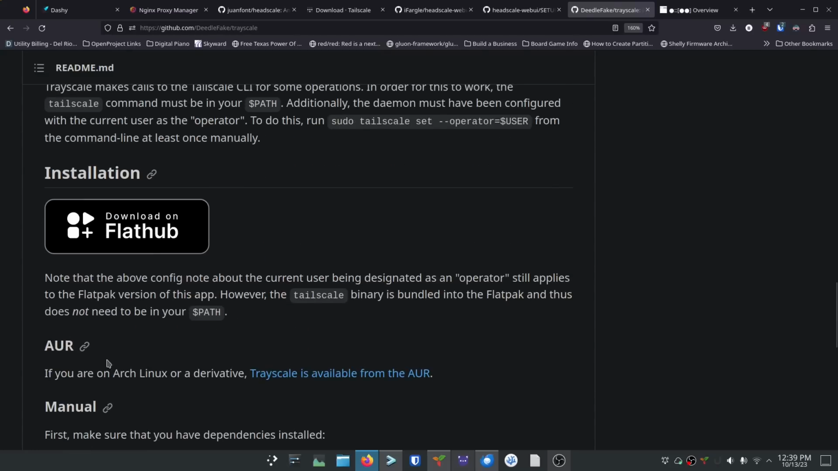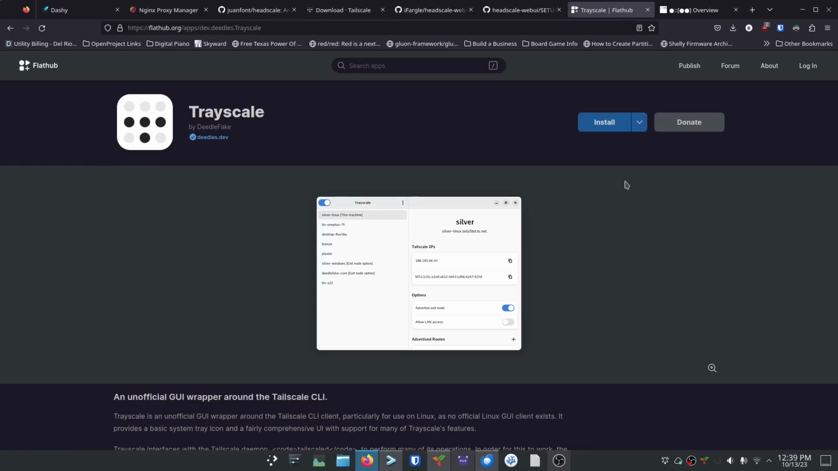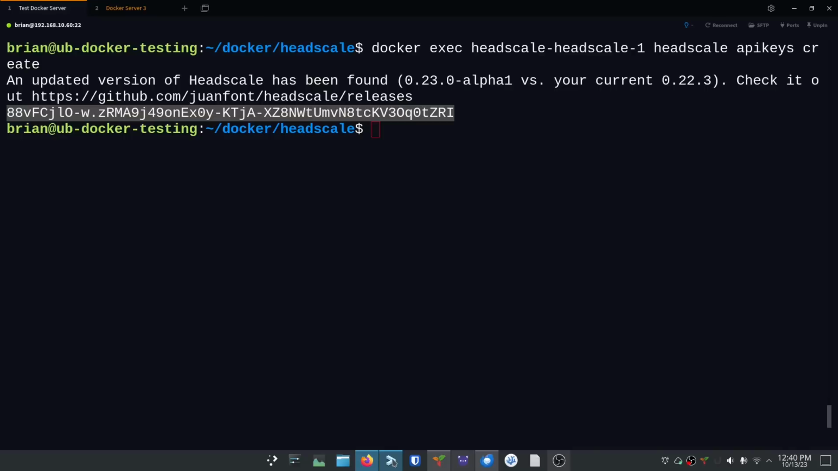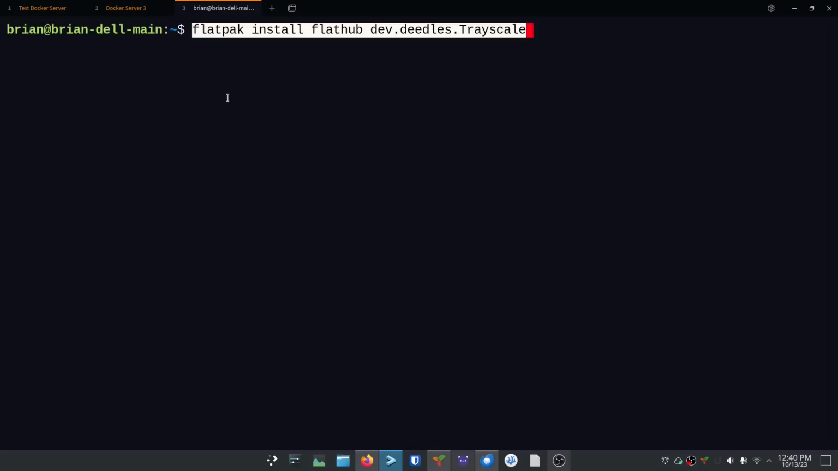So you have AUR instructions, you have manual install instructions, and you have Flathub, which is something that I really like. So if we click on Flathub, it should take us right to the page. And if we just click on the little down arrow, we'll get our install command right here. We can open up our terminal and then just go to a tab that's on our actual local machine here. So now I can paste in that command from Flathub, and you can see it's just going to grab Trayscale